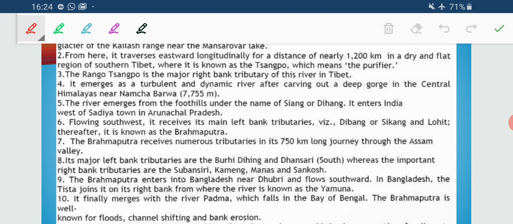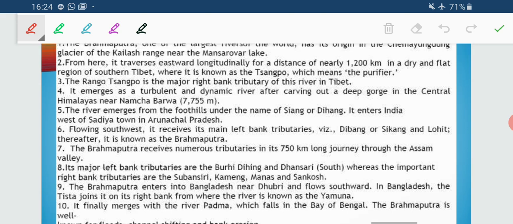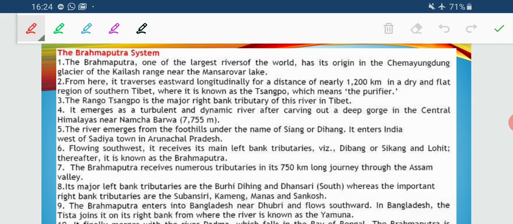Now, the Brahmaputra river system is one of the largest rivers of the world, and its origin is Chema Yungdung. The name of the glacier is Chema Yungdung of the Kailash range near Mansarovar lake. Now, from here it moves eastward, and I said that it is a Tibetan river, and its move eastward covers a distance of nearly 1200 kilometer,